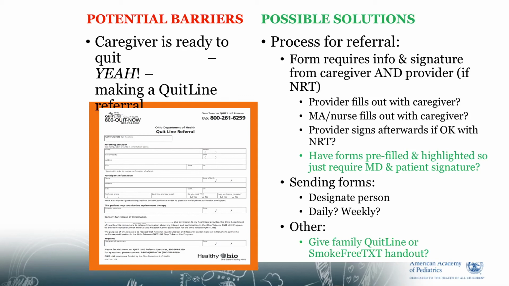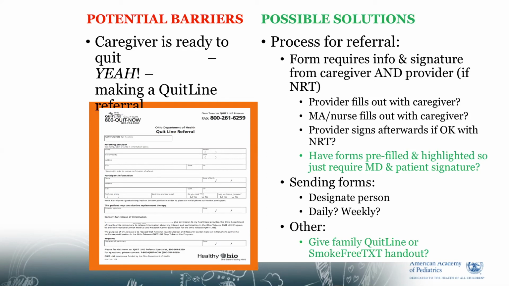You can sign off on that, giving the Ohio Quit Line the medical authority to say, yes, this is a patient we can give nicotine replacement to. And then there's a place for the parent or that adult to sign and say, yep, I'm agreeing to this referral. But I mentioned this referral form because, one, part of the goal of this QI program is not just